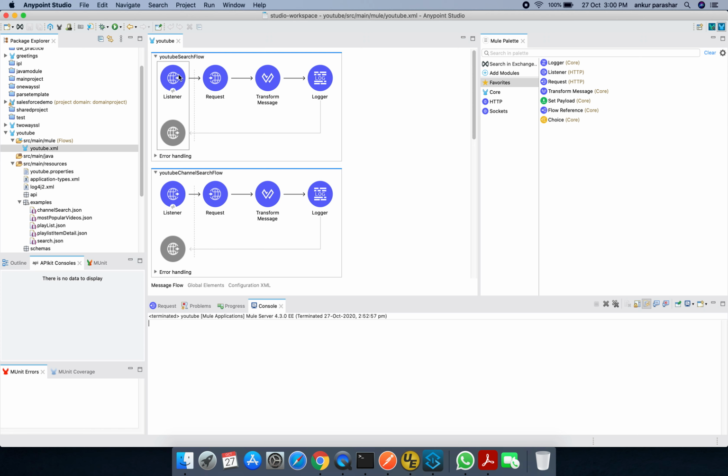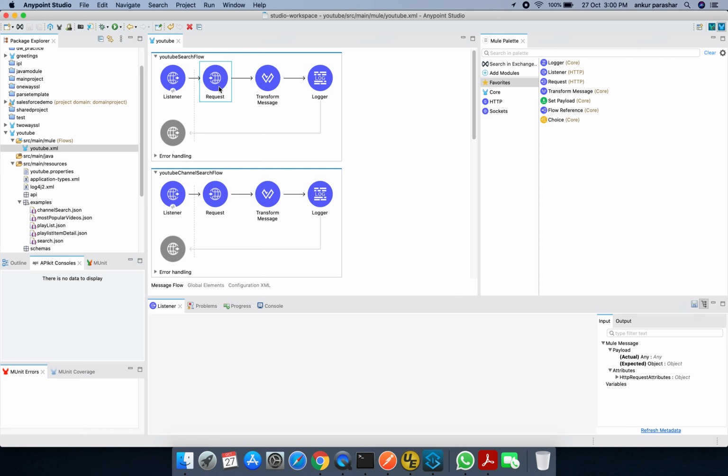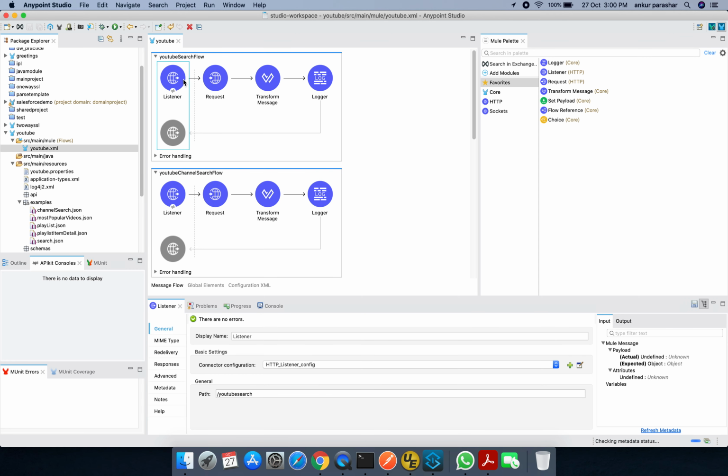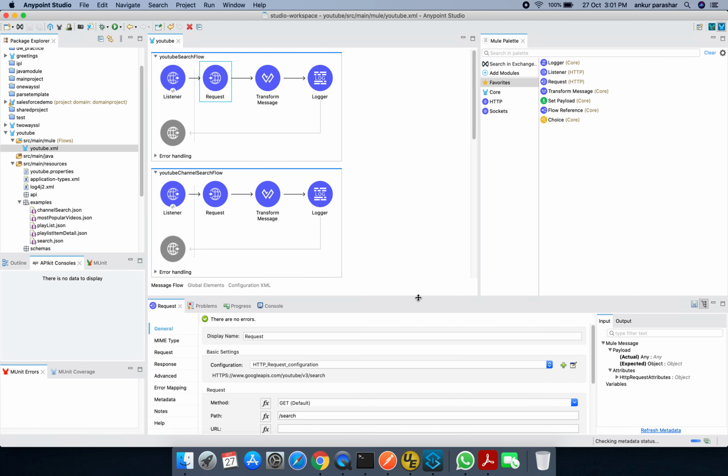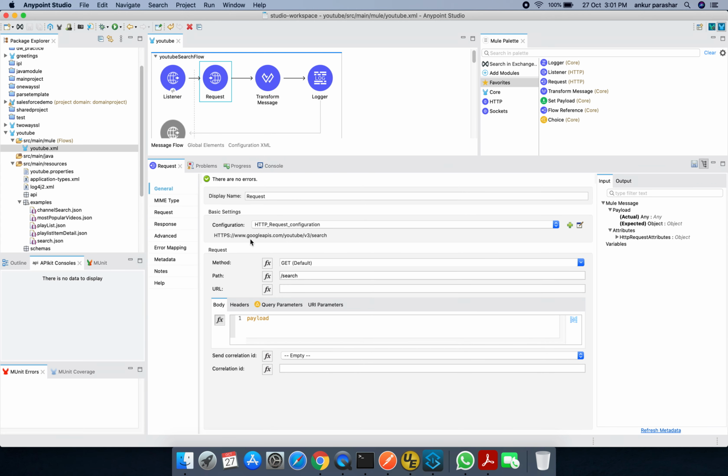Okay, so the first one is the search flow. The search flow is going to YouTube search, and the second is the request. This is basically a GET method. It will ask for some query parameters, and within the request we can configure these particular things. Let me show you the configuration of it. It's https googleapis.com YouTube v3 search. So till v3 it's common, and after that, from search onwards, it picks up the specific API. If you go to the query param, let me try to show you.